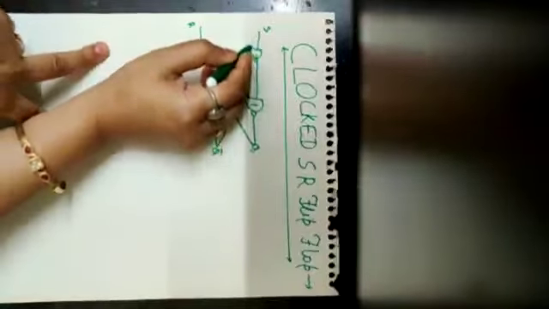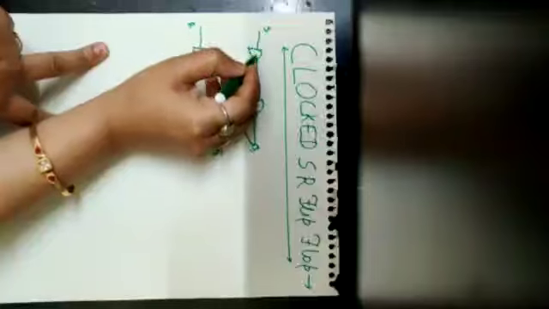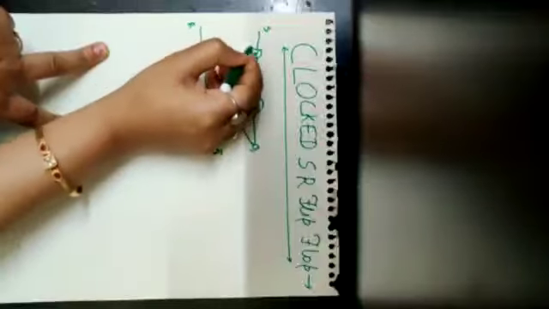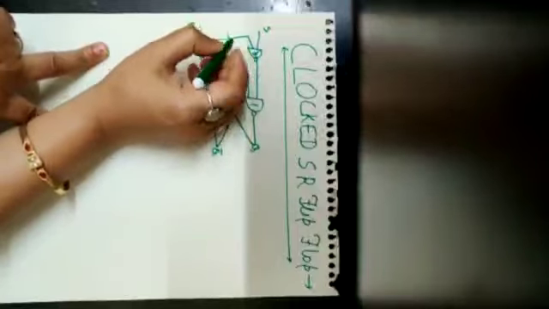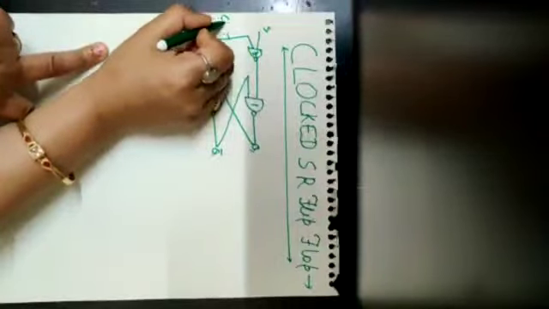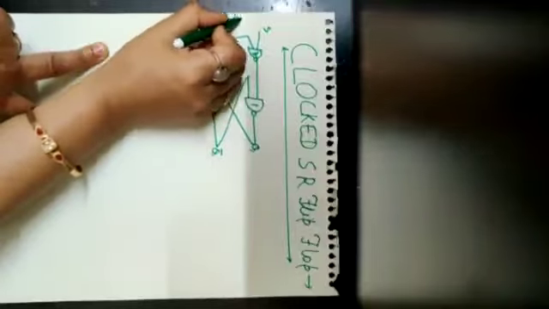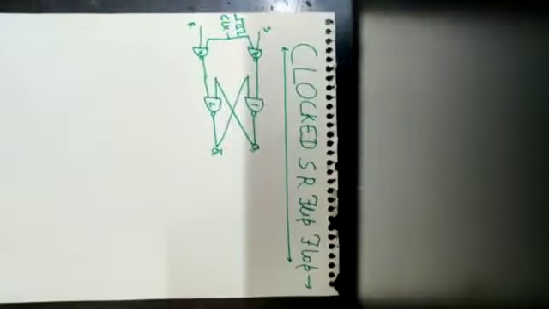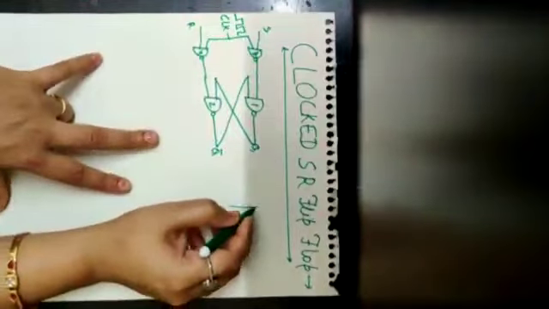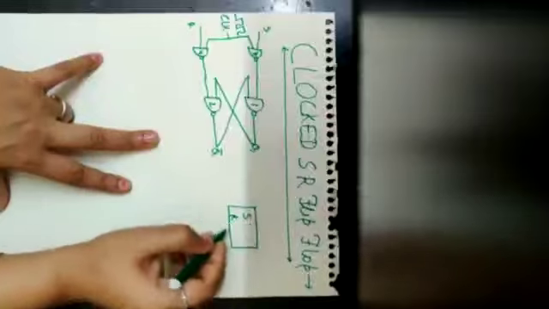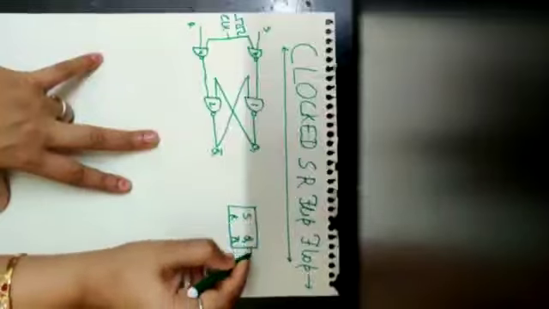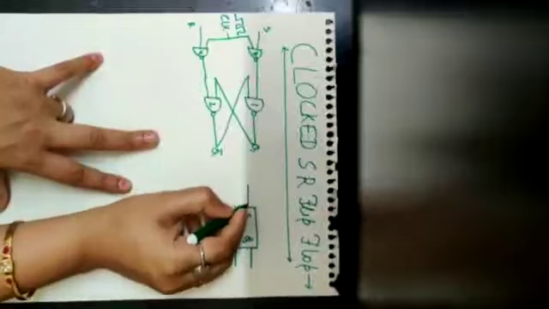Now we have to introduce one clock. The clock that we are giving goes through NAND gates 3 and 4. Here we are applying the clock pulse, CLK, the short form of clock. We are giving a rectangular clock pulse, and correspondingly the block diagram of the clocked SR flip-flop has two inputs S and R and the outputs Q and Q bar. So this is the block diagram of